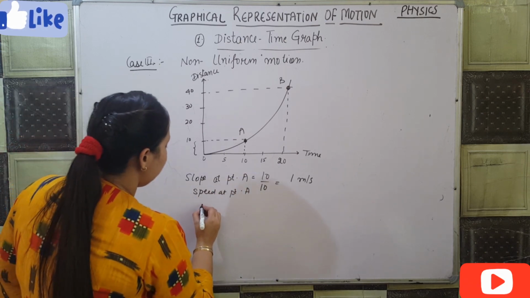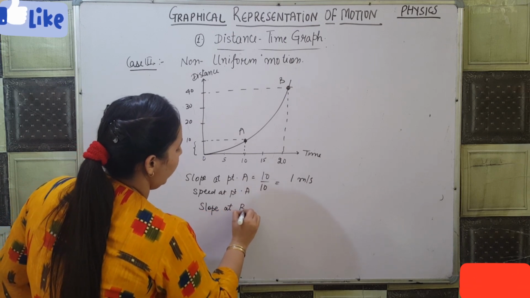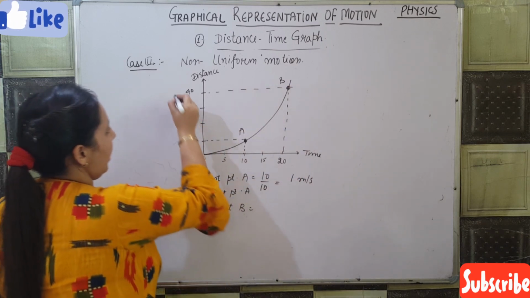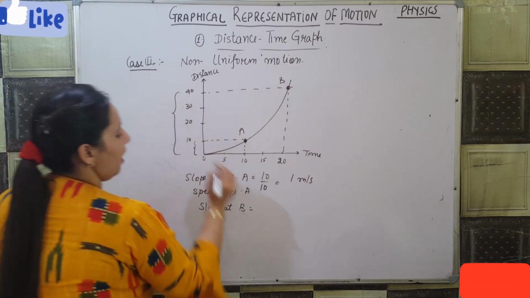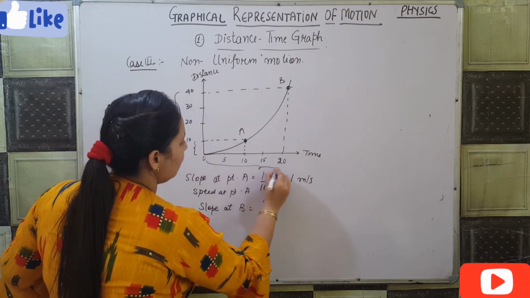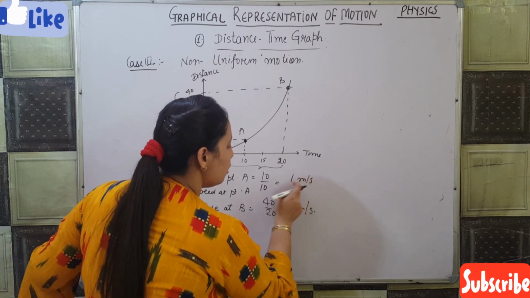Okay, next I will find the slope at point B. Here I have taken point B. So what is the change in the y-axis? The change in the y-axis is 40. The change in the x-axis is 20. It is 2 meters per second. Speed is